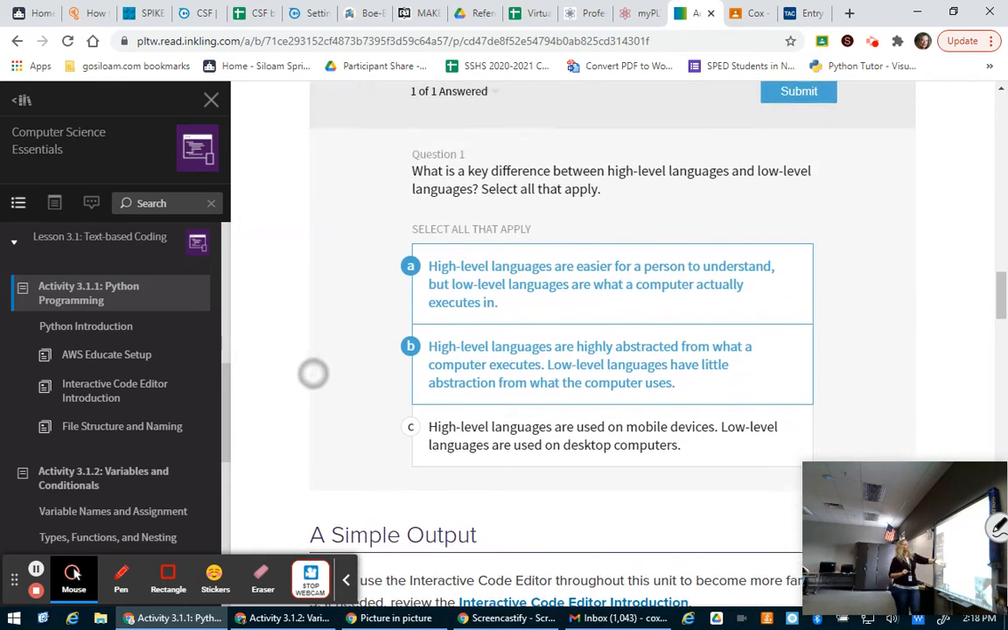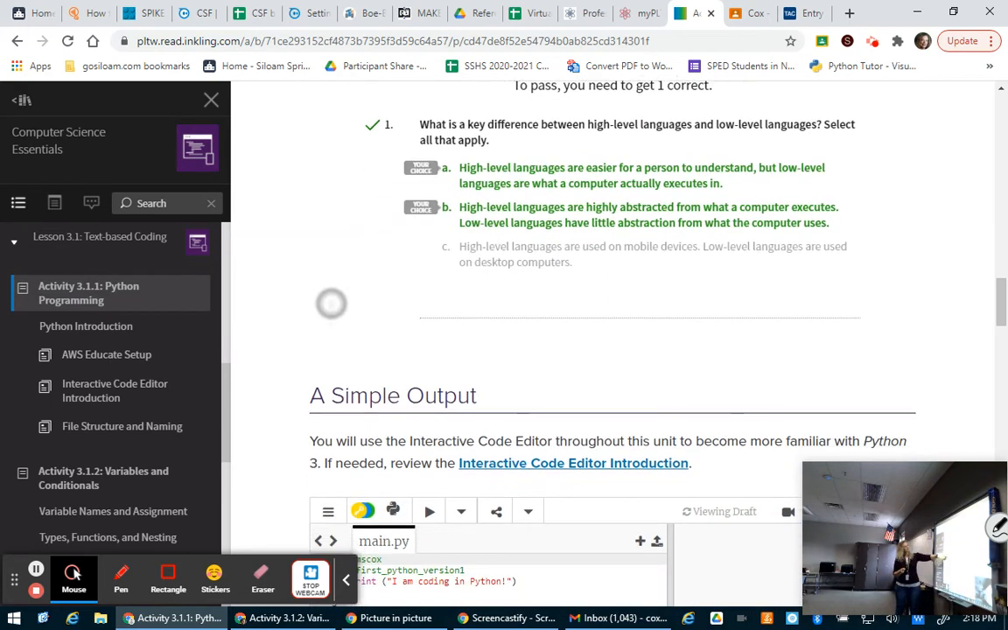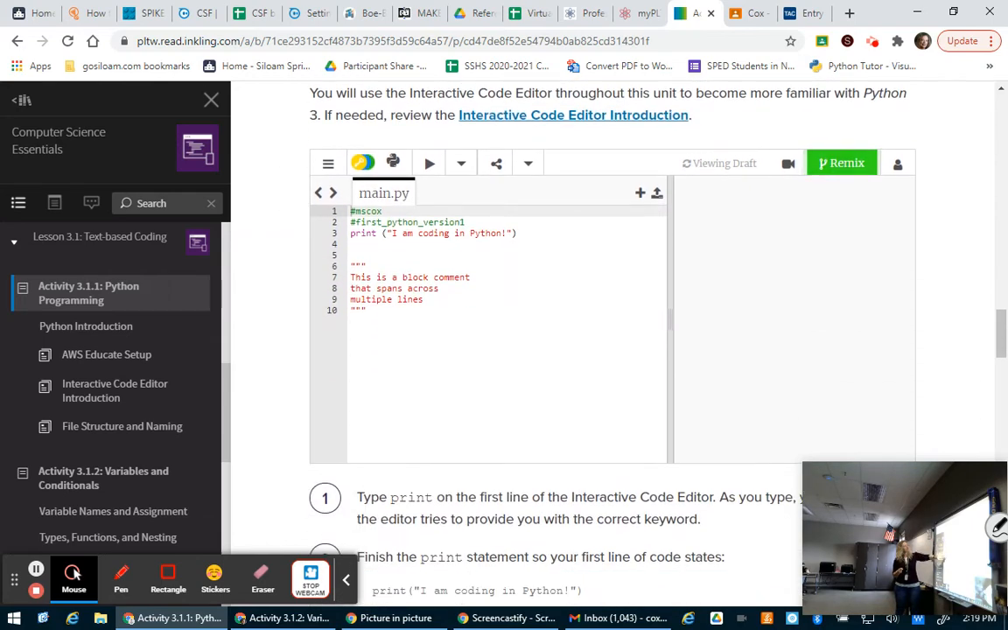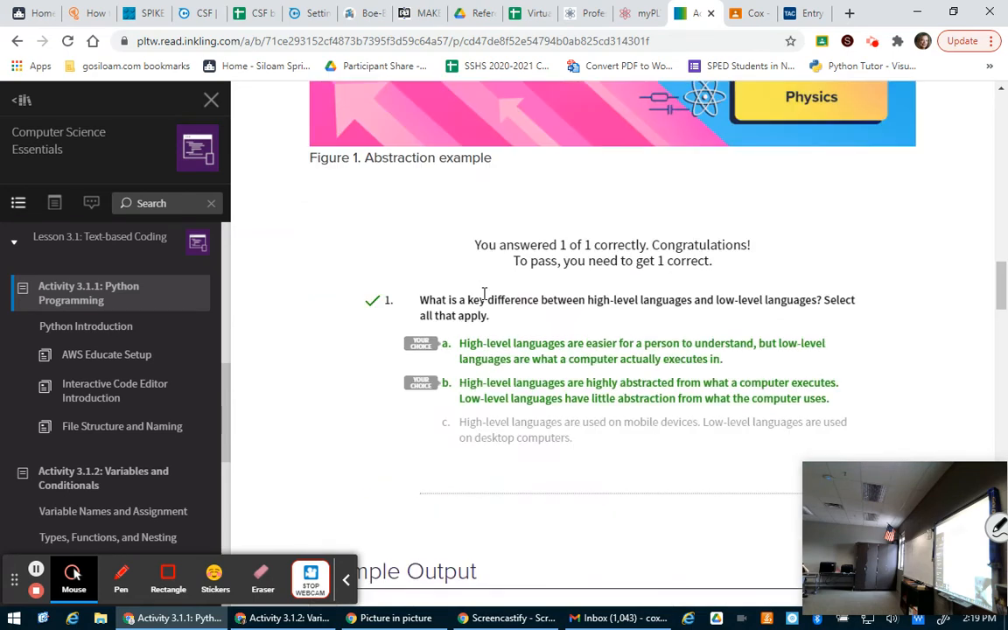All right, so let's see if we got this right. We got it right. Okay. So, I need to other stuff is not erased from last time. Okay, so